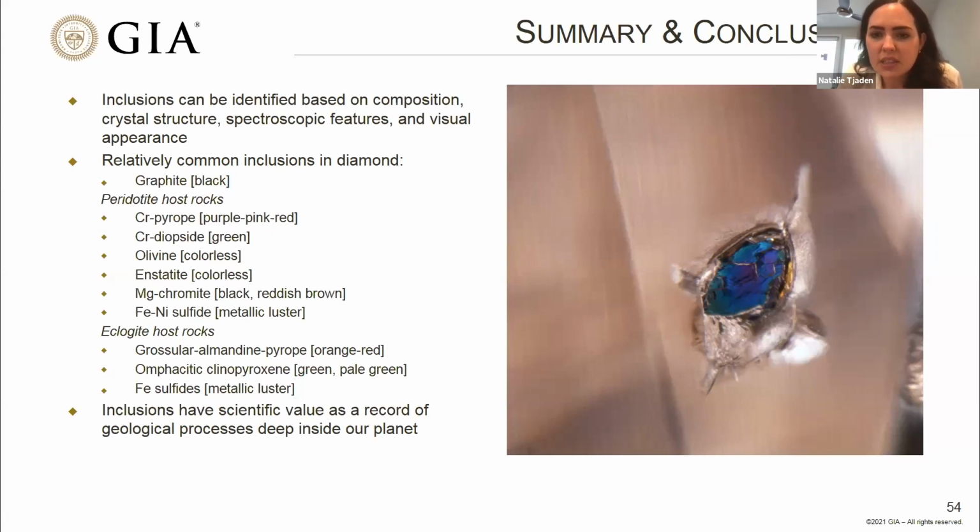All right, Dr. Smith, let's start off with the first one. We had a question about chrome dioxide. I had thought chrome dioxide is only mined in Siberia. Can inclusions of chrome dioxide within diamonds be found elsewhere, though?